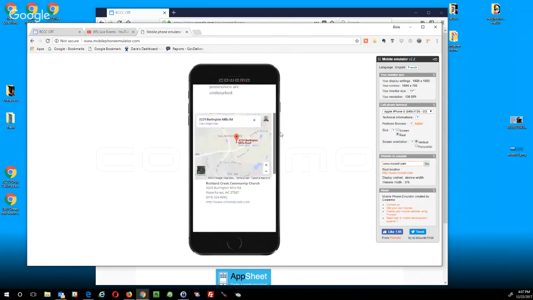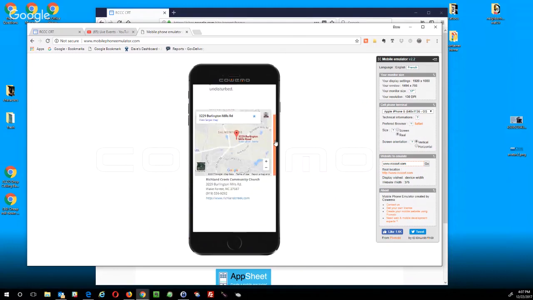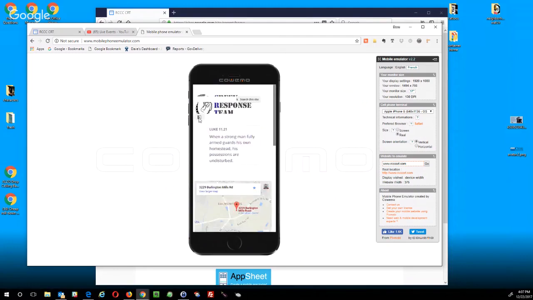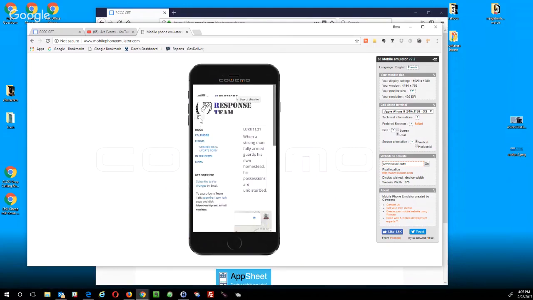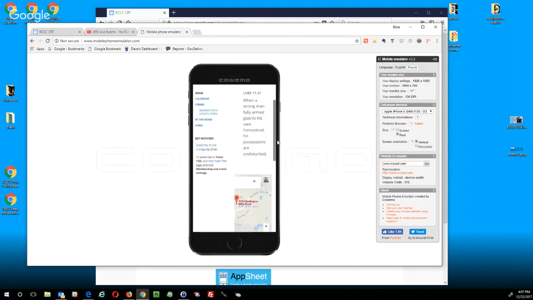All you really get is the address and the map. Your menu is right here, so you have to click this little door to get the sidebar menu to pop up, and then you'll notice it's the same menu that we had on the full-size site when we were not logged in. Okay, but what you don't see